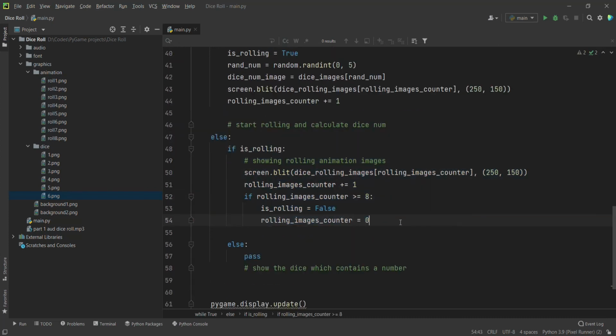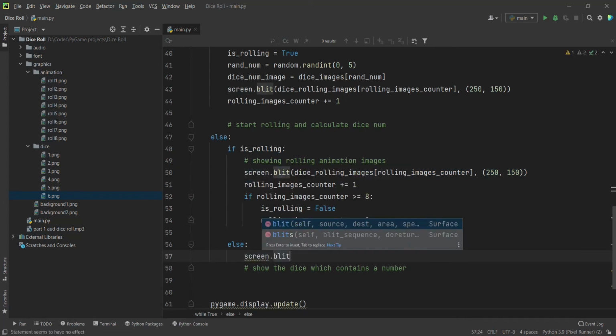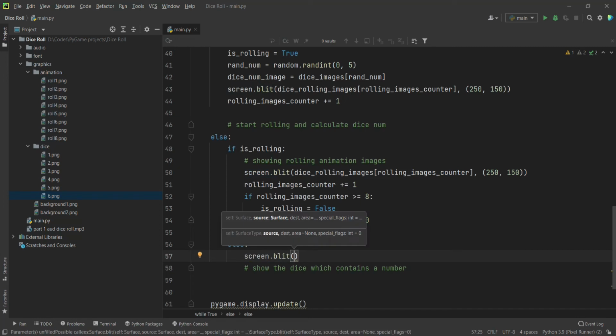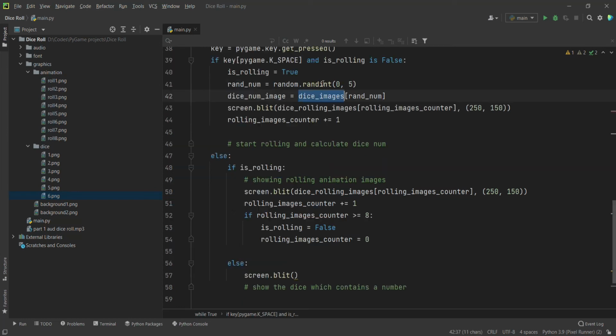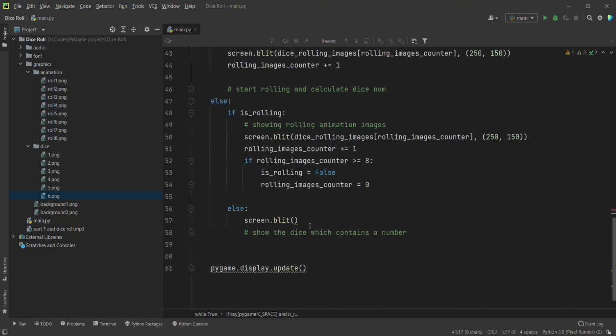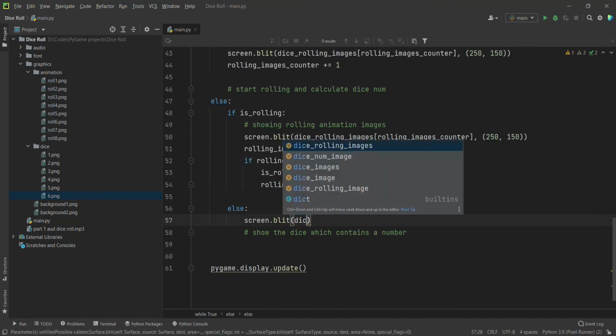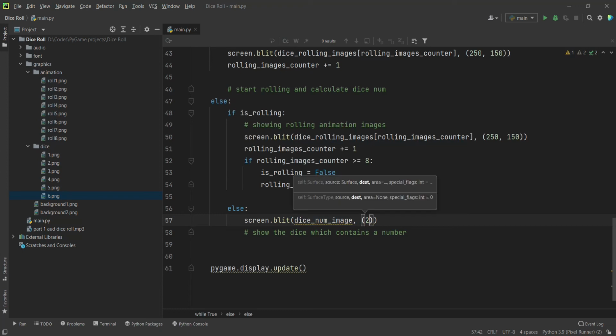In the else part, what we have to do is very simple. We have to screen.blit again. We have to just generate an image, and we have already got the image from here, which has been brought from this random.randint. And yes, we'll just do that dice num image, and we will locate it at the same place as the other dice, 250